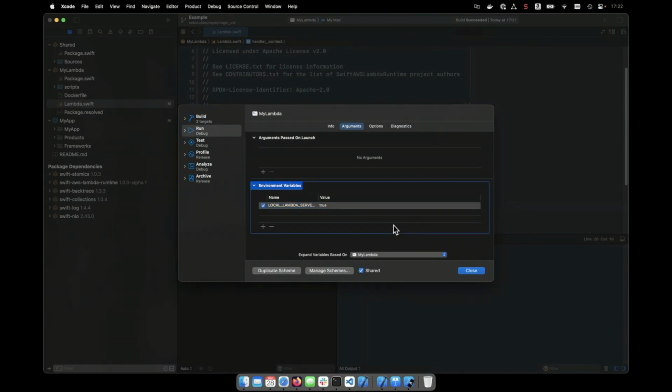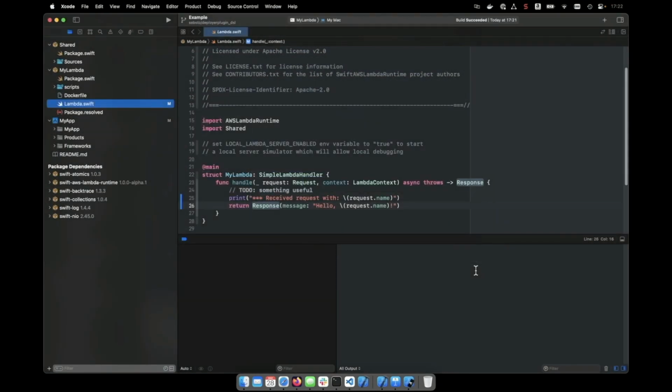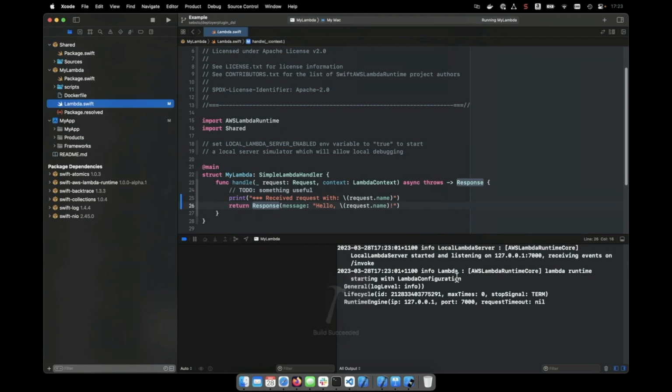It's LOCAL_LAMBDA_SERVER_ENABLED=true. And when you execute your Lambda target, the framework provides a mini web server that listens on TCP port 7000. So if you configure your client app to use the same port, you can actually test your Lambda inside